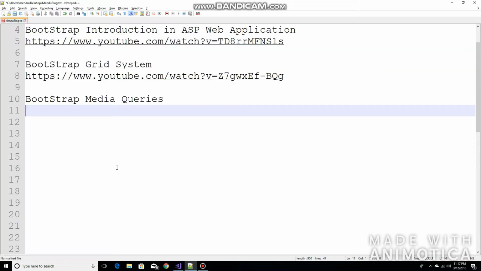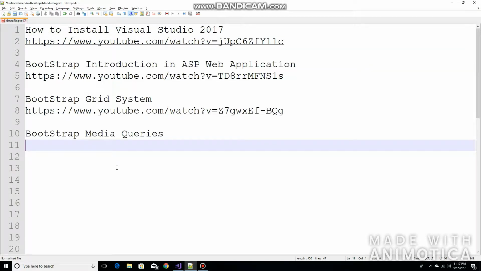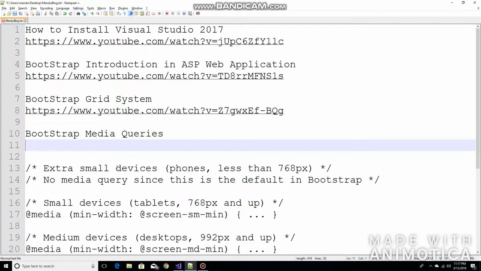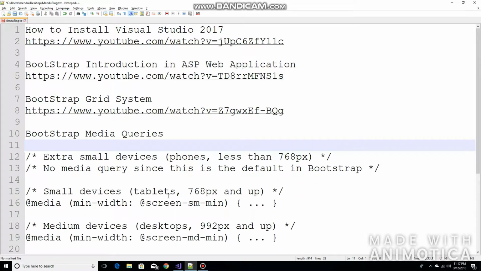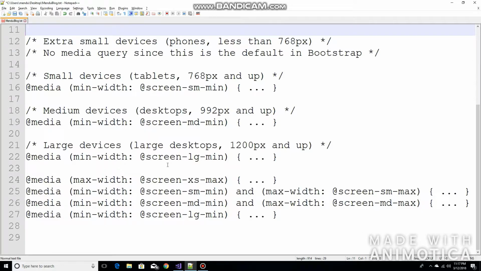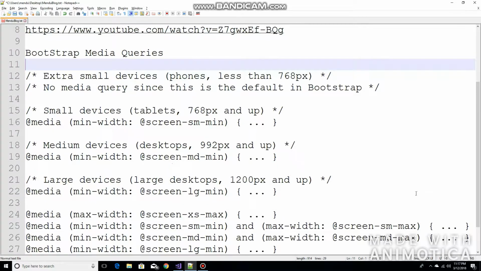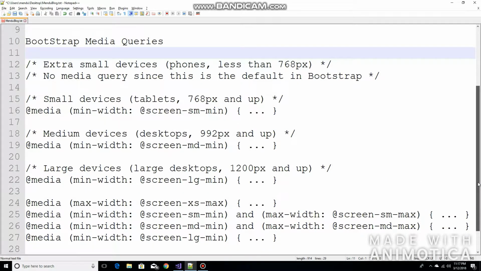Also, in our previous videos I explained how to install Visual Studio, an introduction to Bootstrap, and the grid system in Bootstrap. In this video we will see a few examples on media queries. Media queries are nothing but styles